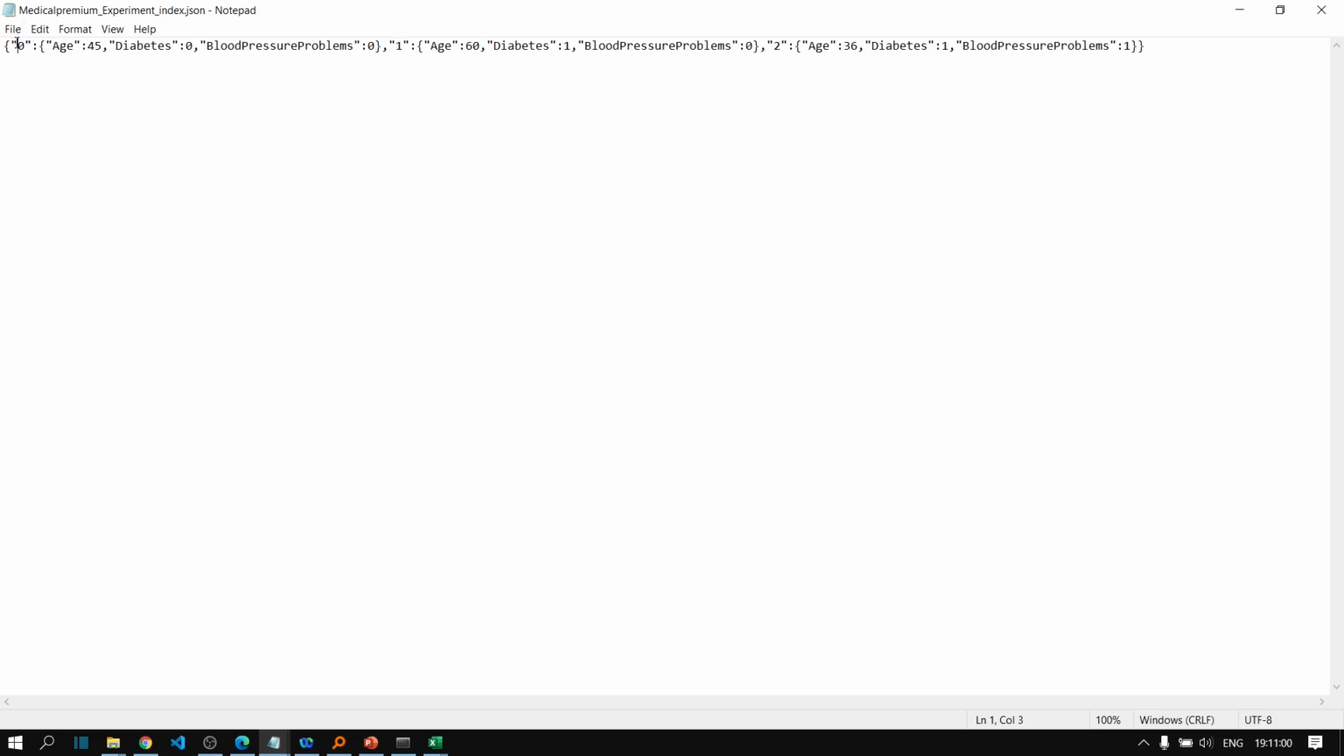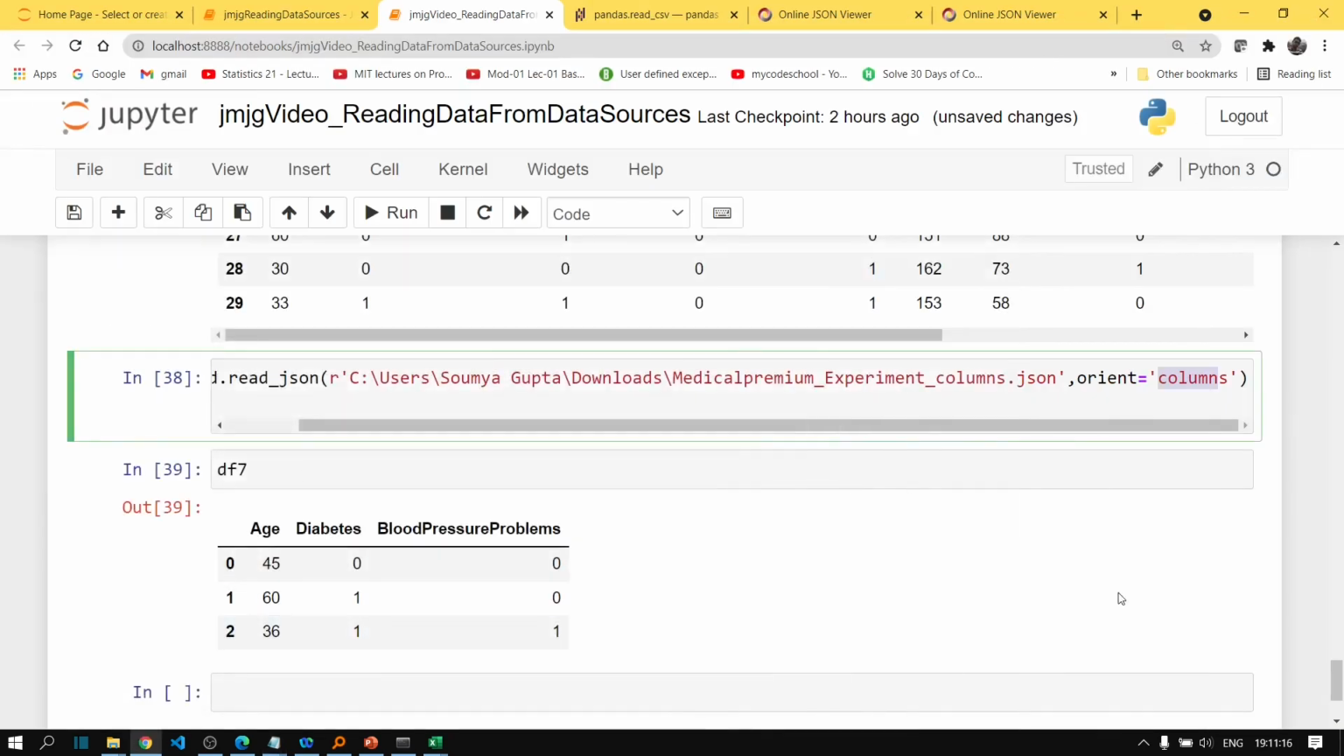This cannot be the columns, right? These are the columns. Age, diabetes, blood pressure problems, these are the columns. But the outer keys, if you consider these outer keys, these are the index of the rows, right? So here you have to specify index. Okay, so let's run our cell,